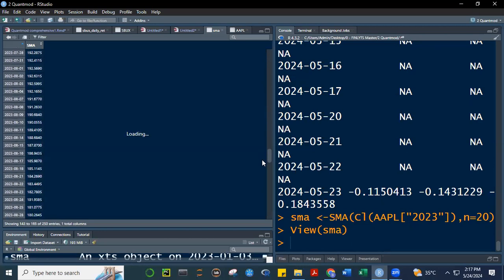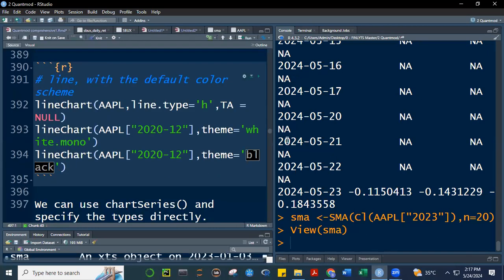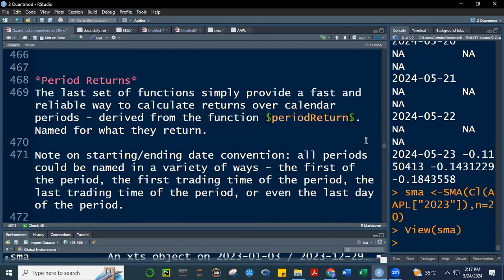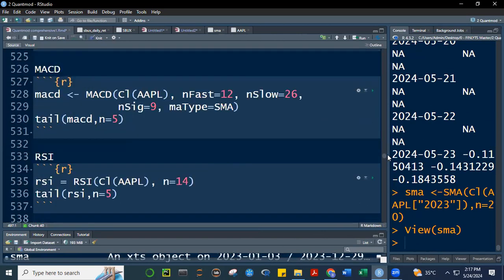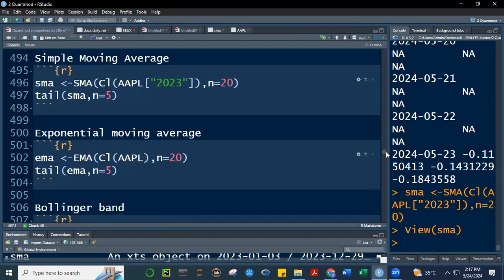And SMA is used as an indicator. It's used as a trading strategy. So we'll have an example of that in the future when we go to that specific topic. So let me just end in this class. You can do it not only for SMA, your assignment class will be take a look at